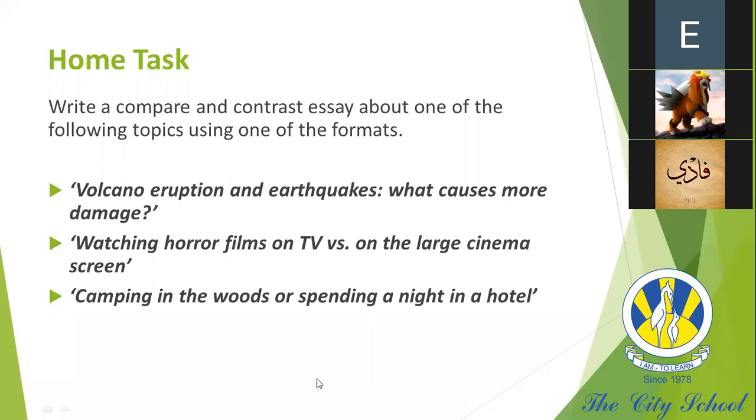Draw that, organize your information, whatever you know about it. For example, watching horror films on TV versus on a large cinema screen. You are going to organize the information, whatever you know about both subjects, in the organizers, and then write an essay using any one of the methods we explained in the earlier slides. You can go with block method or you can go with point by point method.